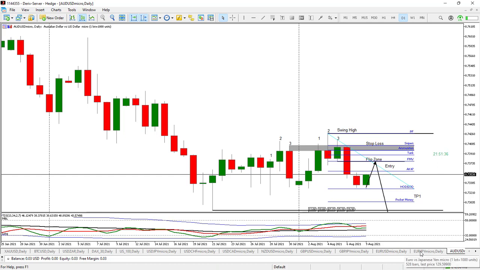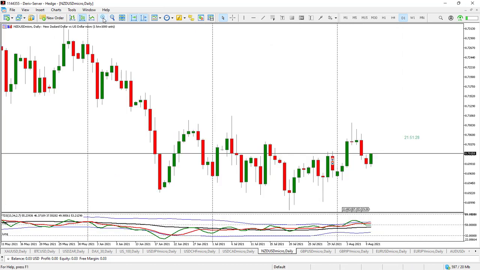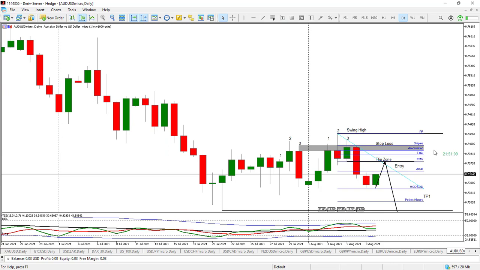And then going with NZD USD. It will also be the same. Let me check if that candle was tested, but the market closed below it, and then the market is ranging, and the market is ranging within